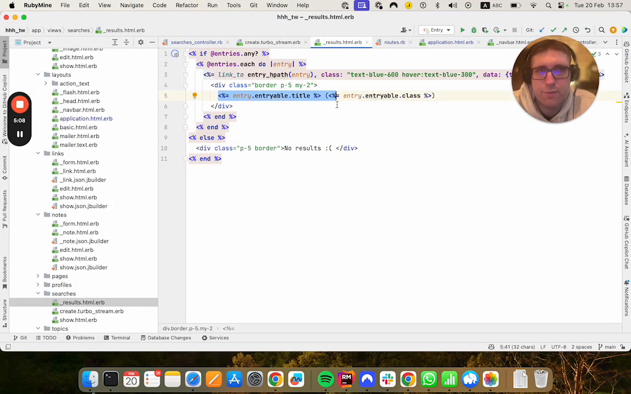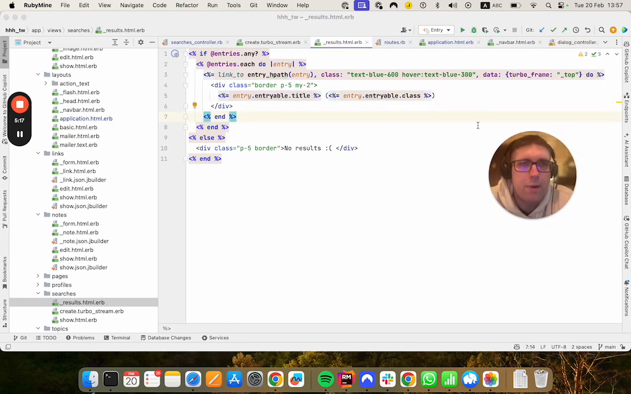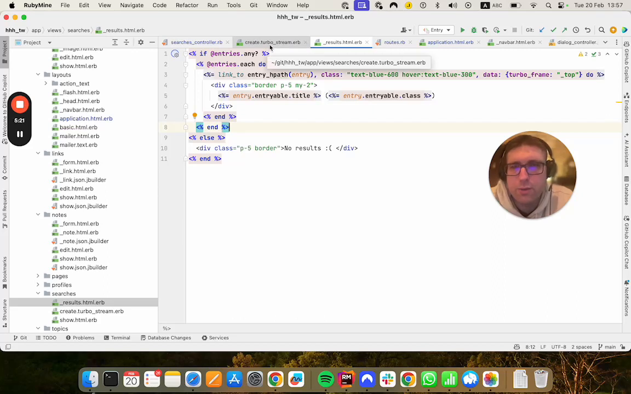So in the future, this will be like doing highlighting of search parts or matching strings. But for now, it's just displaying the title. But whatever. Now let's go back to the